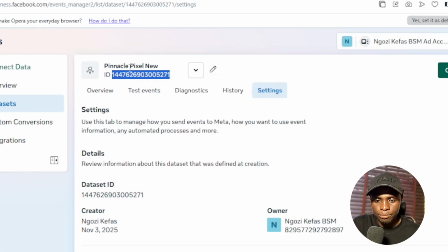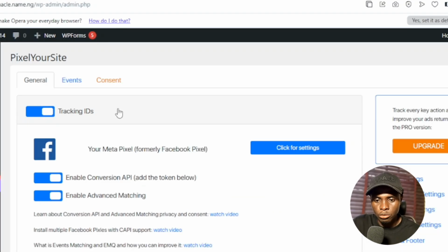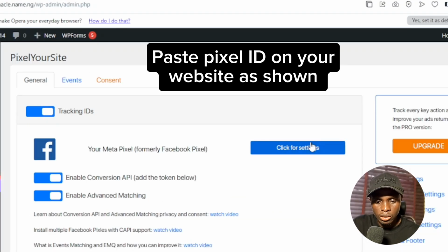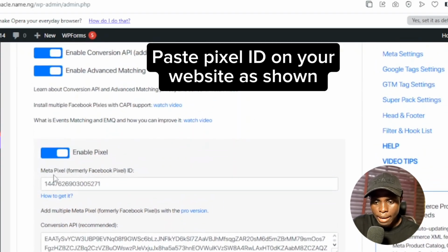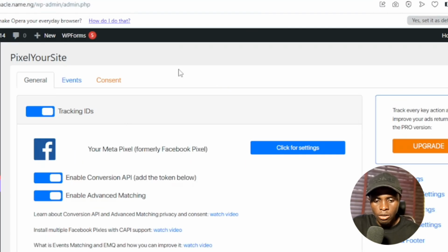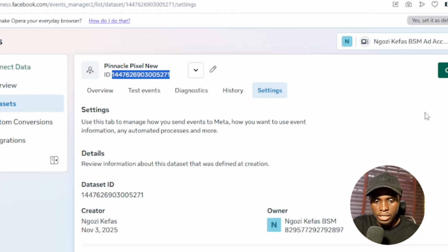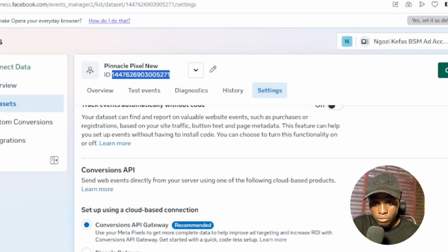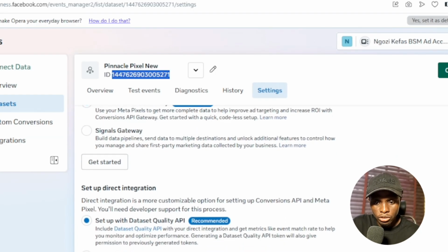So if you want to copy your pixel ID to your website, you come to your website, you click on these settings, then you scroll down. Now you're going to see where they say enter pixel ID, formerly Meta Pixel, formerly Facebook ID. Paste the pixel number here. Once you've done that, come to Event Manager again, scroll down. Now you're going to see conversion API. This is where you now copy your key. So copy your key, scroll down